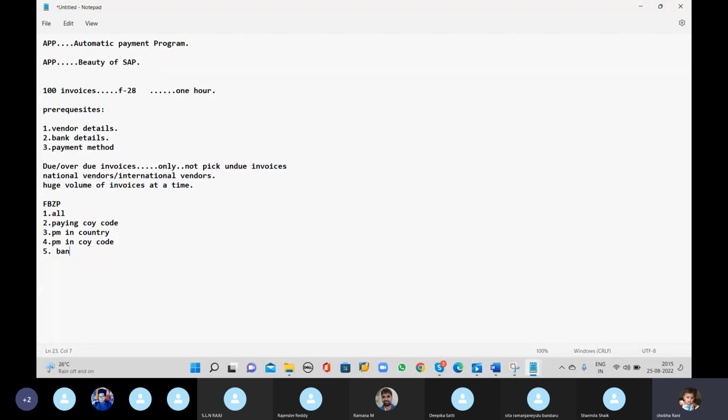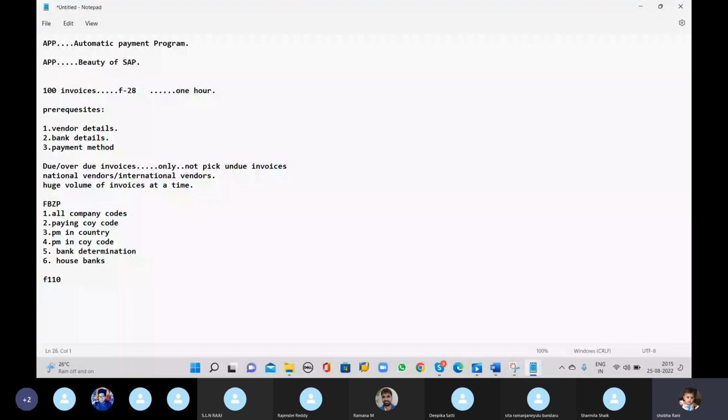We need to configure all these steps, and then only can we execute